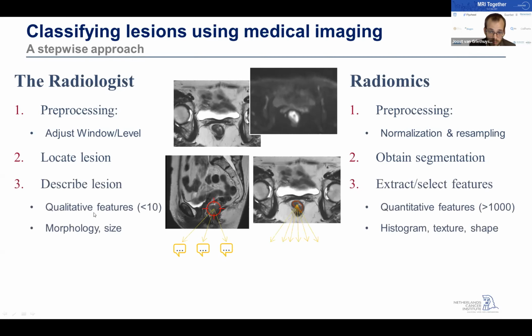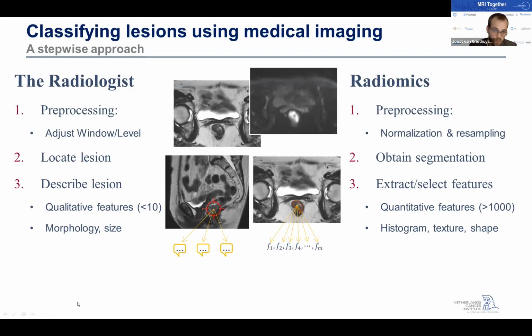The next part is, of course, the description of the lesion. So this is not a classification, but merely the description. For radiologists, he will be using qualitative features, like the morphology: is it a very round or very spiculated tumor, and generally the size. For radiomics, this is the feature extraction, where we extract quantitative features, which are generally related to things